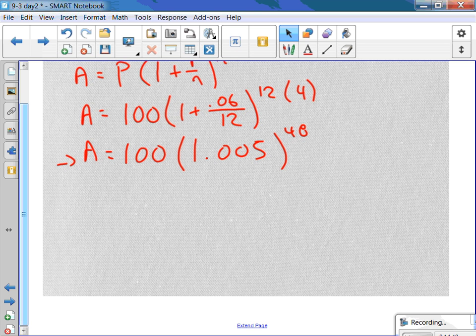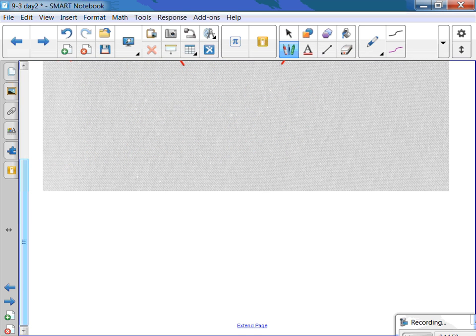I go in there the following month, put $100 in, and it accrues interest for 46 months. All the way on down to that last month, I put $100 in, and it only accrues interest for that 1 month. So here we can say for our A48, representing our 48 months,